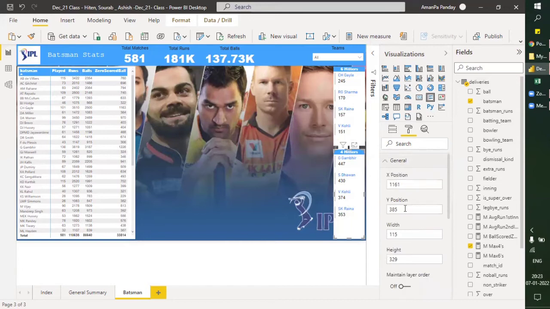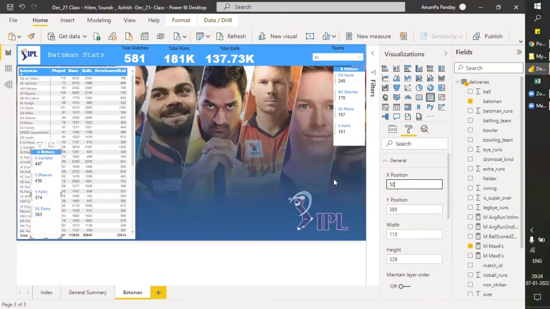Here you can see x-axis, y-axis, which is the position of the visual. The x-axis runs from the extreme left, and top to bottom is the y-axis. If I make it 50, it will go there. It's currently here, from this position to this, from the starting of.